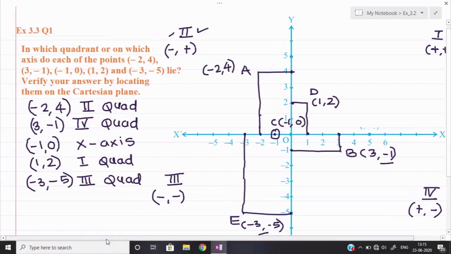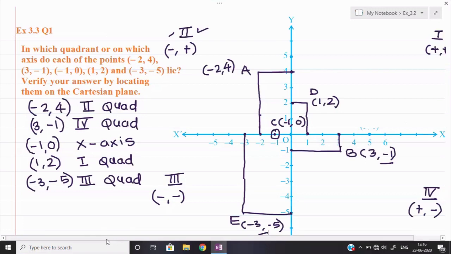Now only one question is remaining in the chapter, that I will take up next time. Okay, because today we have learned many fundamentals, many things we have covered. Exercise 3.1 I have covered, exercise 3.2 I have also covered, both questions, and the first question of 3.3 also. Now the second question of 3.3 will be required to be plotted on graph paper. So purchase 2 or 3 graph papers at least, because I will take some additional questions in the chapter also, which were asked in the CBSE examinations.